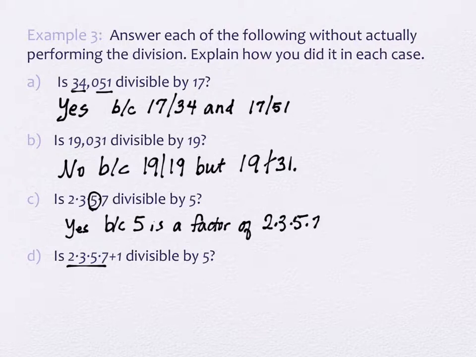So this piece that I underlined, it's divisible by 5, right? Is the 1 divisible by 5? No. And this one's not. So the answer is no. If I had added 15 at the end, it would work, because 5 would actually divide into both pieces. Okay? Another way to think about it is that this result, 2 times 3 times 5 times 7,